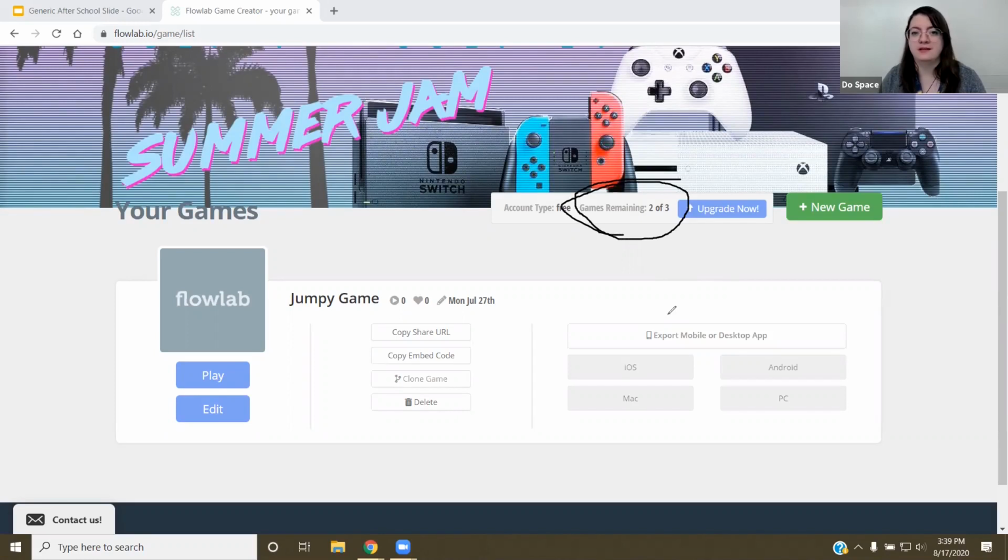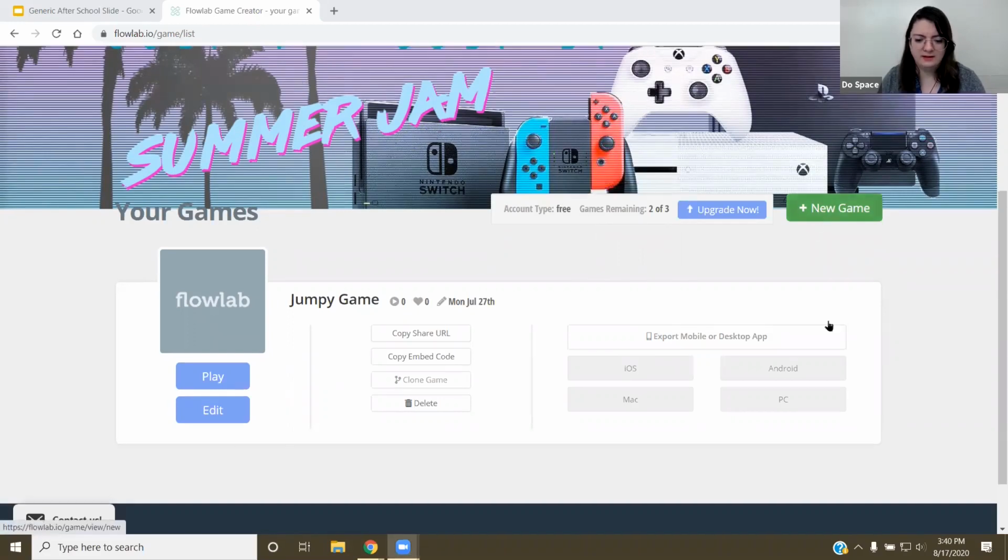If you've ever done anything with Adobe before, if you tried Adobe Rush on mobile, it only lets you create 3 projects and that's it. Like 3 exports, that's it, nothing more. Well, with FlowLab, it lets you just keep a total of 3. So I'm going to show you an example of that right here.